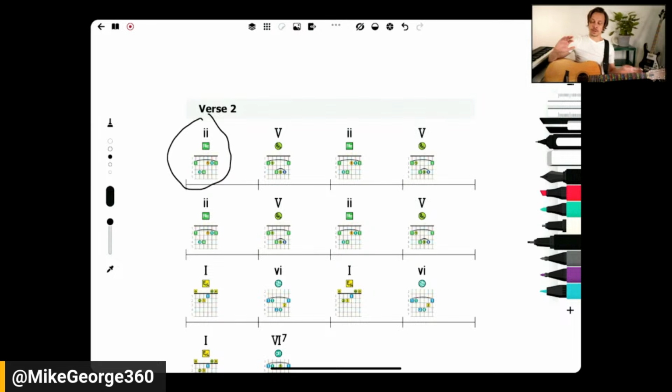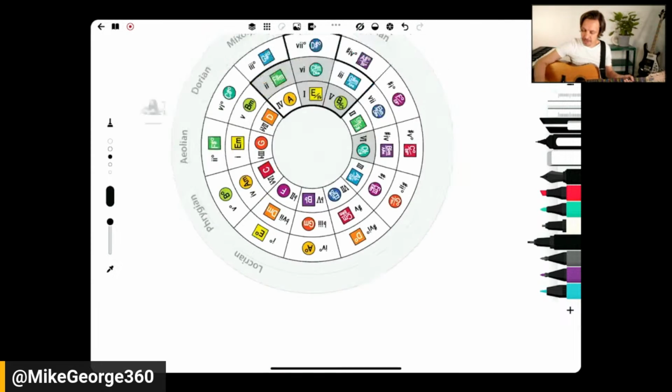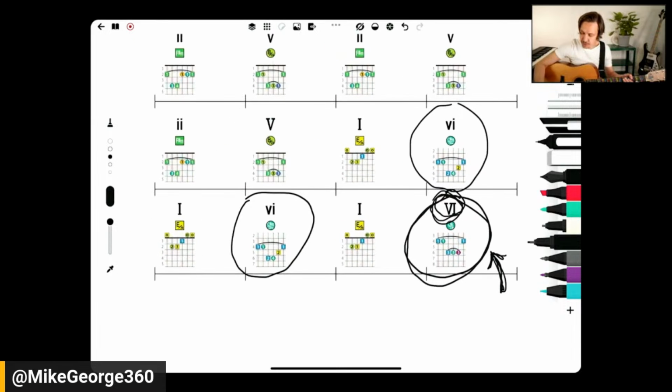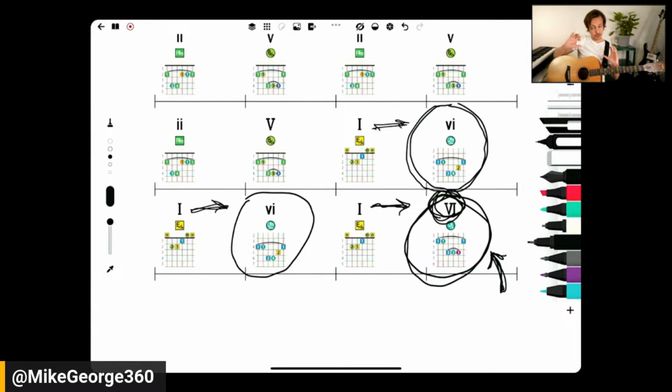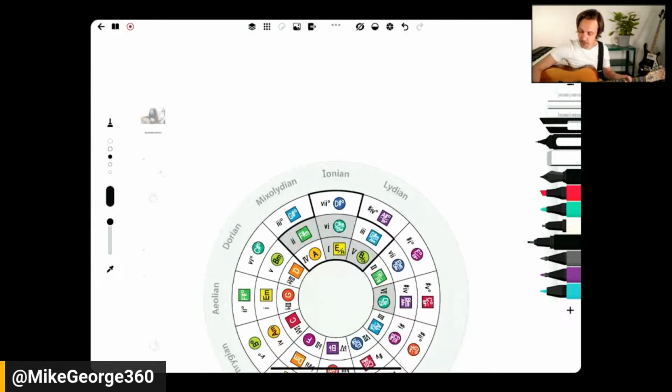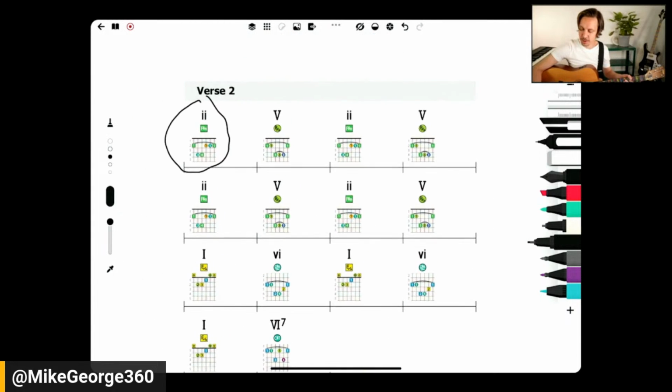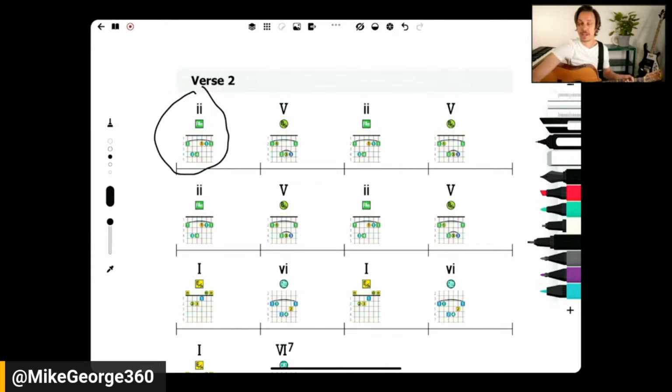So George Harrison very cleverly introduces this major 6 and it adds some variety, because you think you're going to go to this minor 6, because we've been going 1 to minor 6 and then 1 to minor 6. So he kind of gets you feeling that, okay, next time we hit a 1, we're going to go to a minor 6. No, he goes to a major 6, which adds a little more variety and also leads very well into verse 2, which begins with that F sharp minor, or the minor 2, which then cycles through and